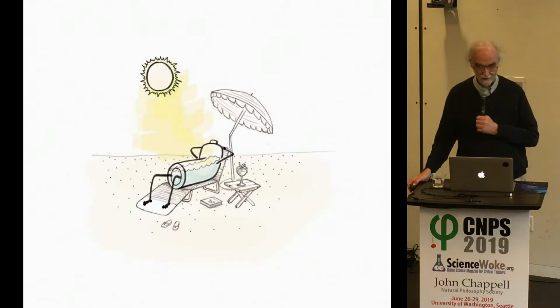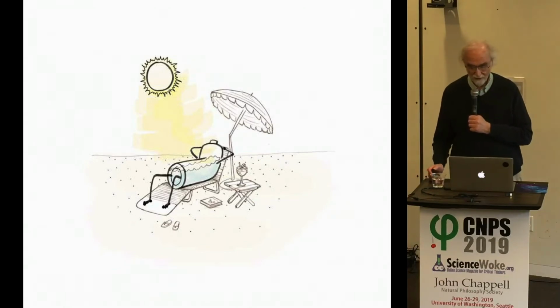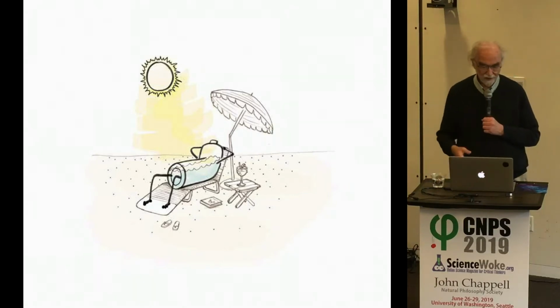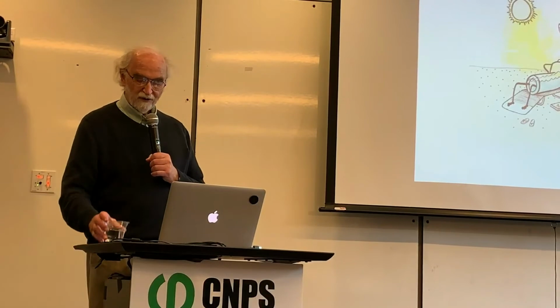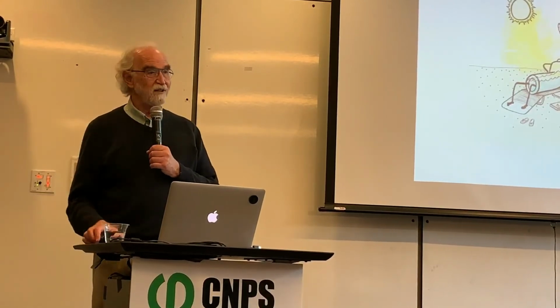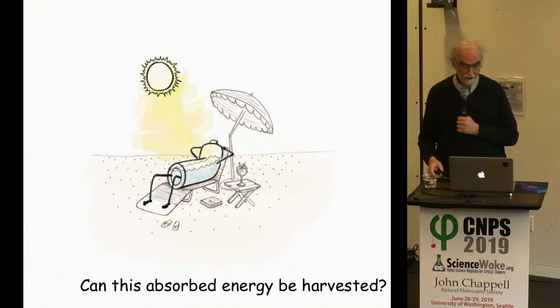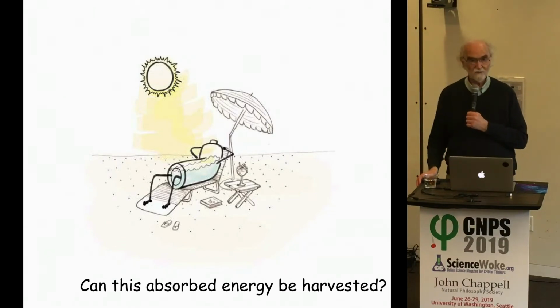So it's like sort of going to Hawaii. You just lie and absorb the light, and you get energy. And so a question that arises from this is, well, gee, if you can just get energy by sitting in the light and in the sunlight, if this is building energy, at some point it should explode, or there ought to be some way to release the energy. And how is it getting released? One way is it could just re-radiate energy, but the natural question is, all that energy that's being absorbed, can it be harvested in some way?